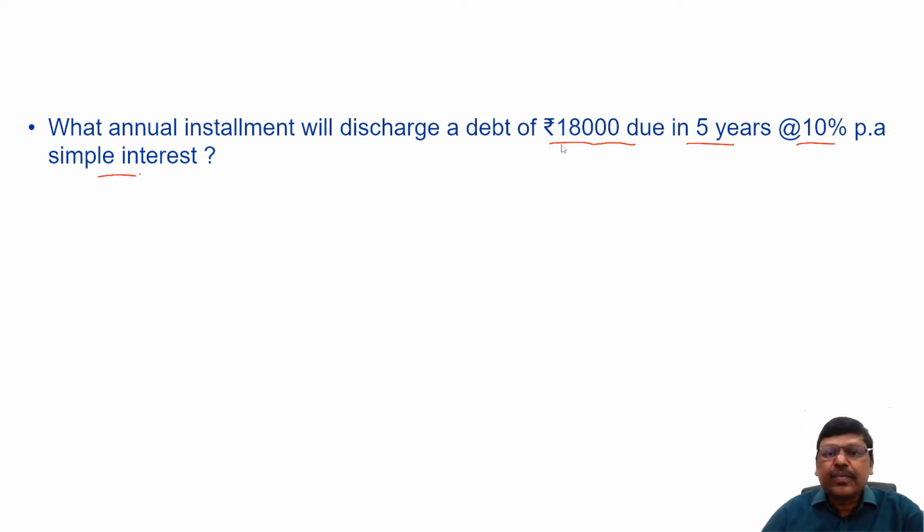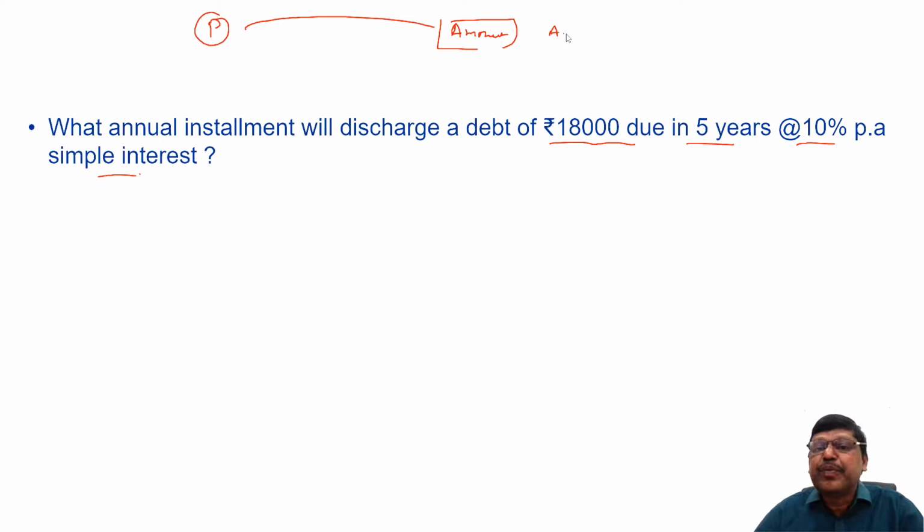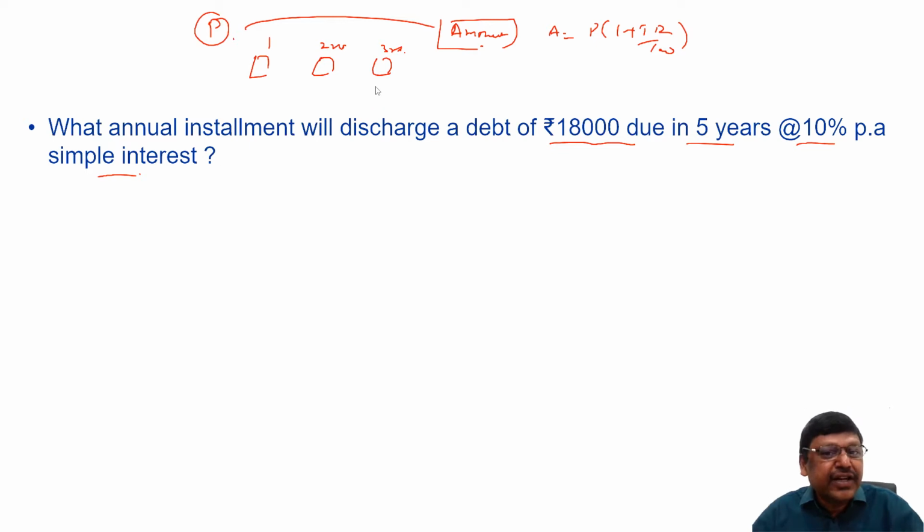Now, first one, if I borrowed suppose P rupees, we'll come back to this example. Let me just give you the first approach. If I borrowed P rupees and I paid after 3 years, what will be the amount? We can calculate using the total amount formula as P into 1 plus TR by 100. But instead of paying the entire amount after 3 years, suppose I repaid it in 3 annual installments after first year, after second year, and at the end of third year, and settle the account.